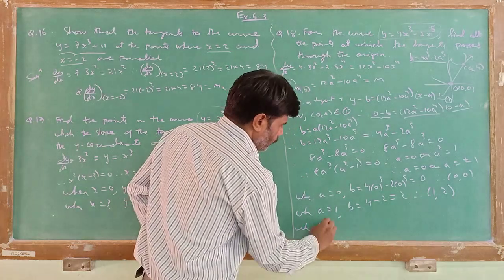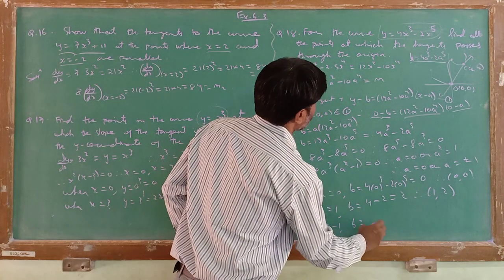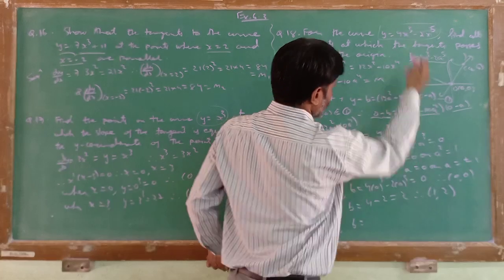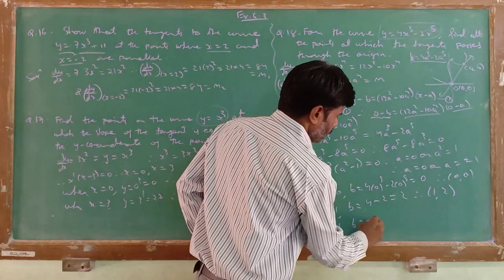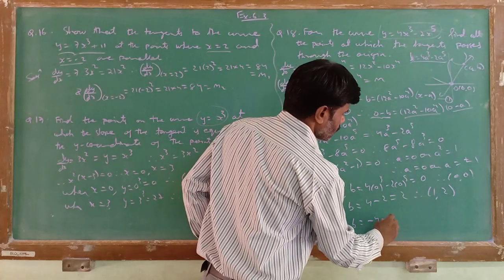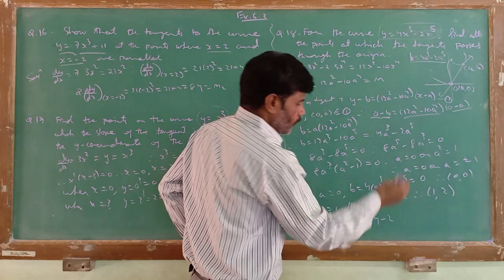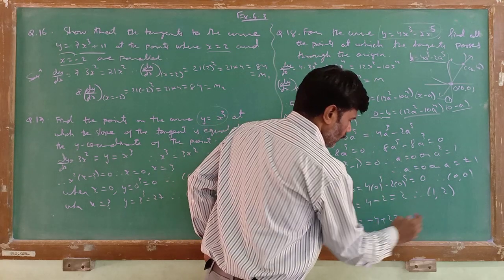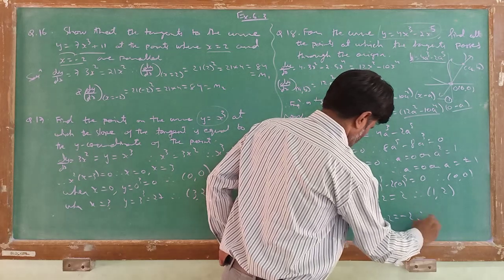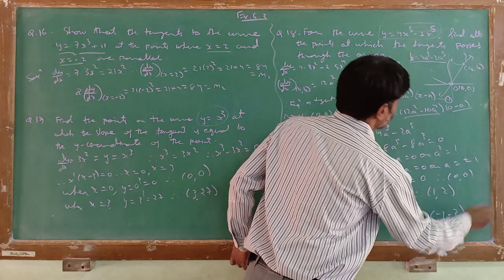And third point, when a is equal to minus 1, b is equal to how much? Anywhere you can put it. 4 into minus 1 cube will be minus 4, and minus 2 into minus 1 raised to 5 will be minus 1, so that will be plus 2, so minus 2. So therefore I am getting (minus 1, minus 2). Another point